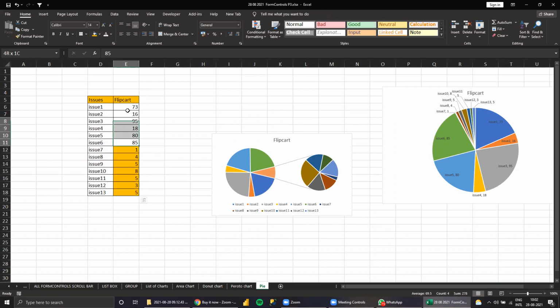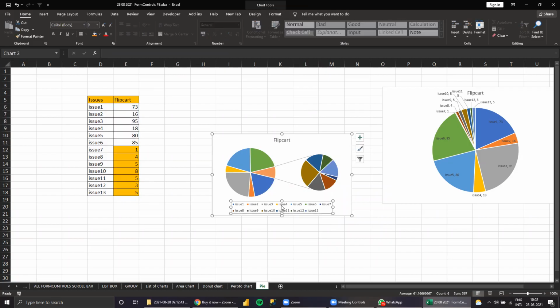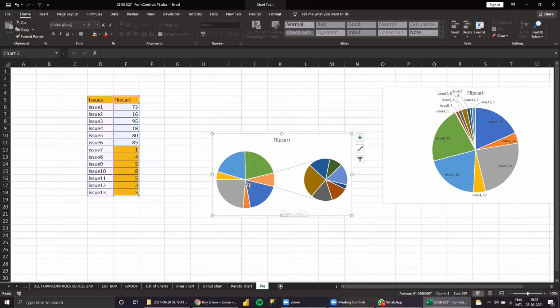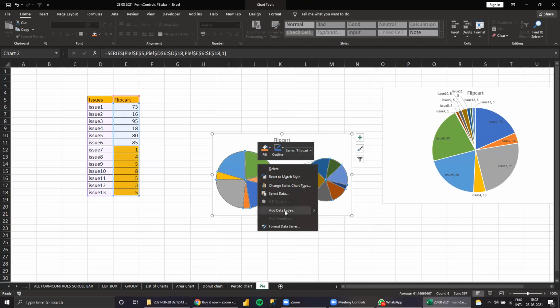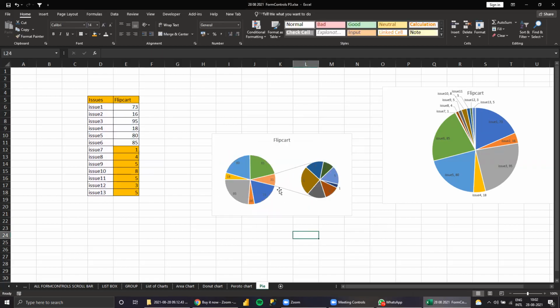This all is the main pie. See here, this is how we can show the pie chart. So now we can see the data labels. See here, this 31 is relating to here, and this has the numbers here again. This is pie of pie. So in the format option you can do it.